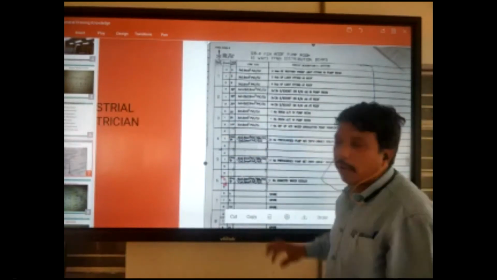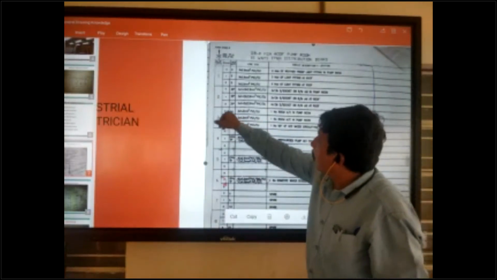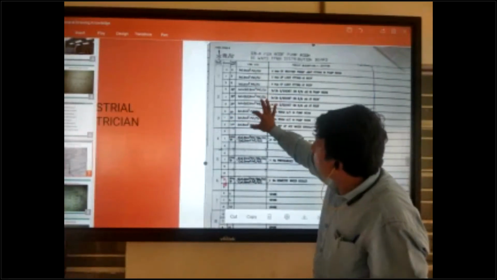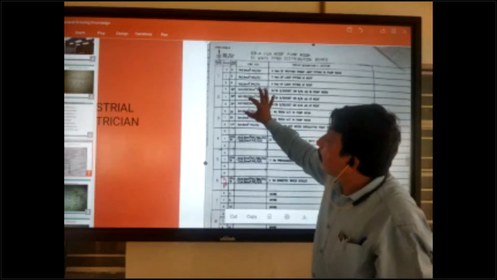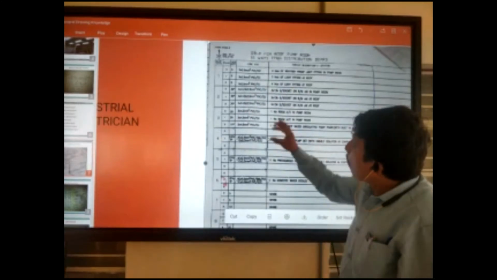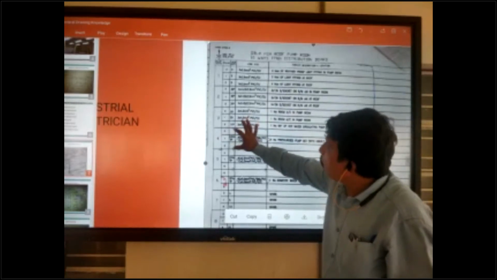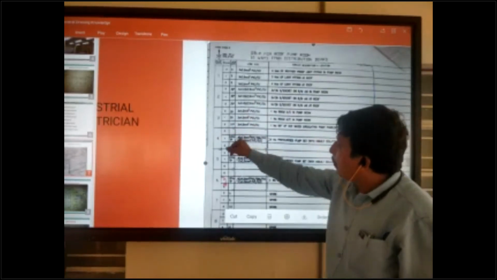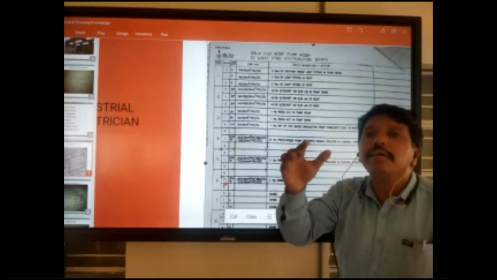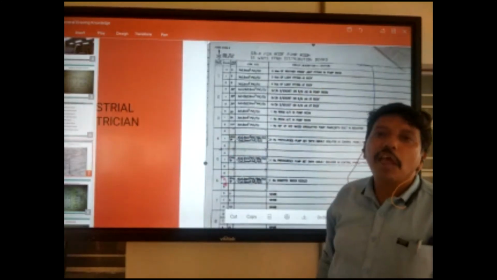You are clear about this, okay? So if every phase is written, this means single phase. Red phase written, yellow phase written, blue phase written on the wire side. This means this is a single phase MCB. You can install a single phase MCB. If it is written only in the center part of the breaker, and TP is also mentioned, TP means triple pole. So you can install a 3-phase MCB.